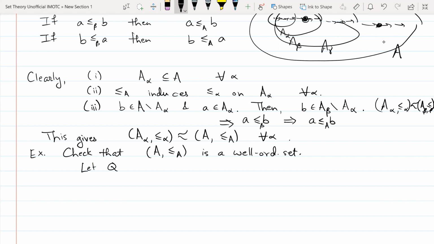Why will it be a well ordering? Let Q be any non-empty subset of A. Then for some alpha, you will have Q intersection A alpha to be non-empty, right? All of them cannot be empty because Q itself is non-empty. So some intersection will be non-empty. And then you also see that Q intersection A alpha is a subset of A. Therefore,